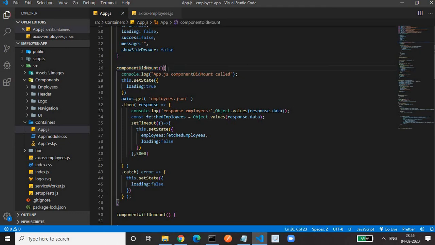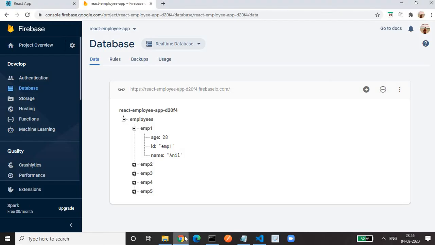In this method we will make the AJAX call. We have the Axios instance which we have imported, and we call .get because we only want to fetch the employee data. As we are using Firebase, the data is stored in the form of an object, or we can say in the form of JSON. So you have to name employees.json, meaning the node name. The node name is employees. We want to fetch this data.